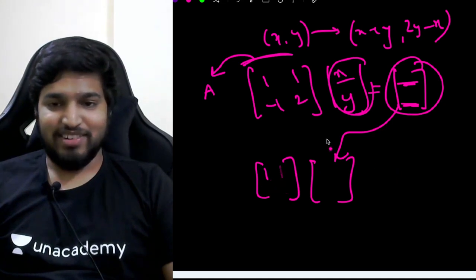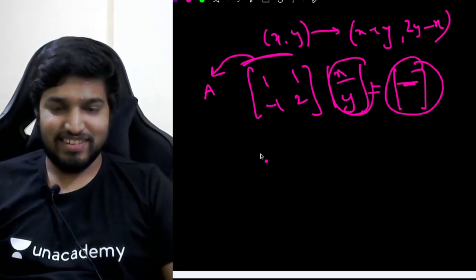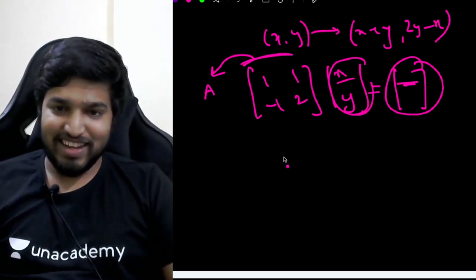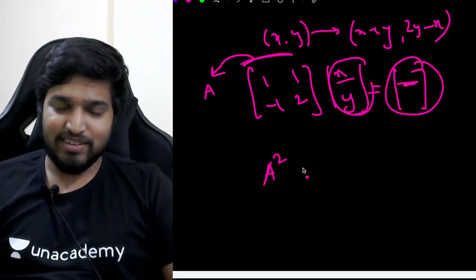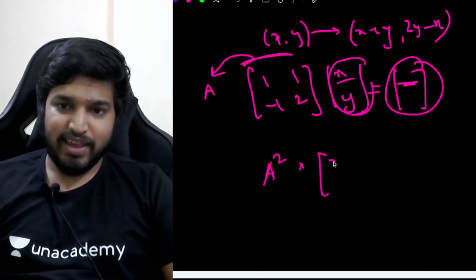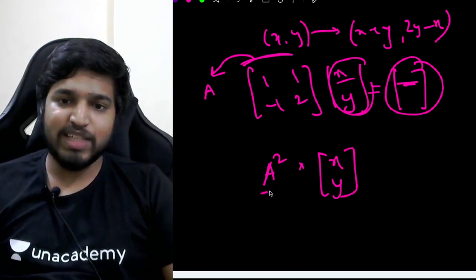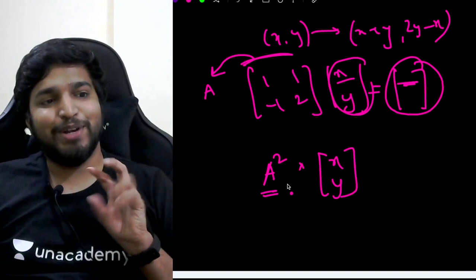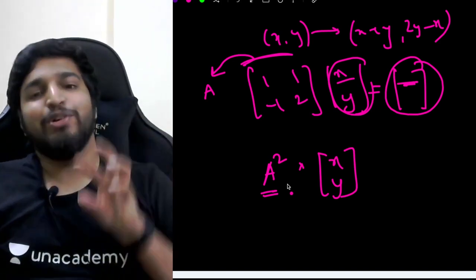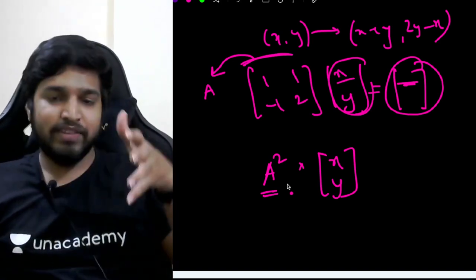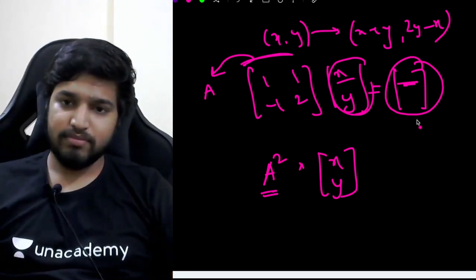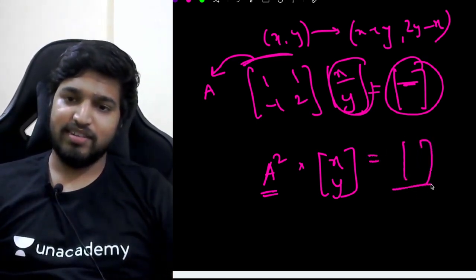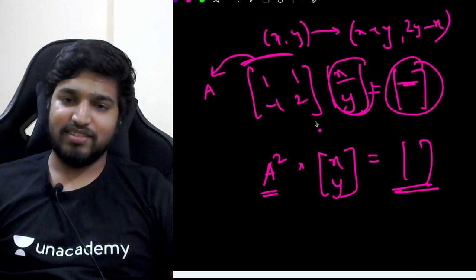So fun part, you can actually write this as: applying it on this again is as good as A square into xy. We know that A square, you get a 2 by 2 matrix. That's basically the matrix corresponding to transforming it twice. That's a new transformation now, and the matrix for that is A square. You get a new matrix, the matrix transformed twice. Similarly,